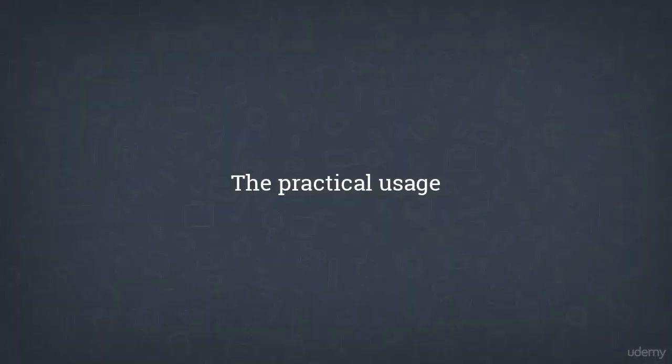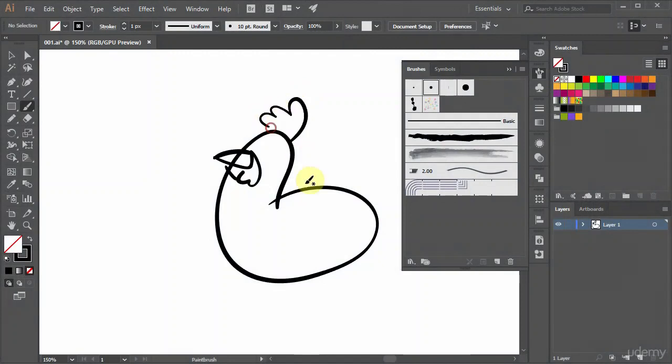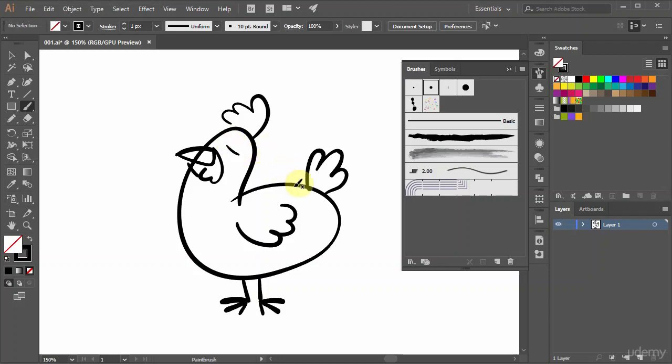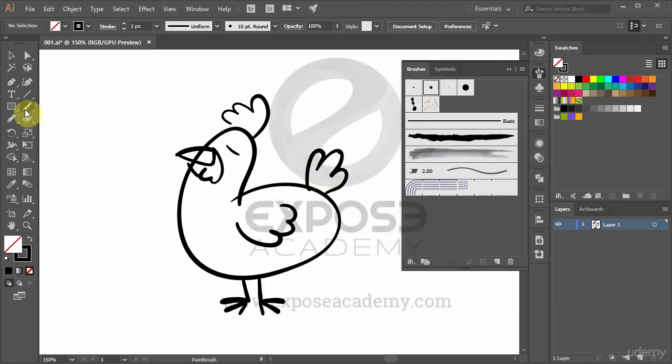Okay, now after knowing these two tools and what they can do, what is the practical usage for them? Well, you can use them in any way you like with your own creativity. But for me, I only use the paintbrush tool for sketching and rarely or almost never use the blob brush tool. Why? First, blob brush tends to be heavy on processing power that it often lags my computer, and I have a very fast computer with very large RAM.